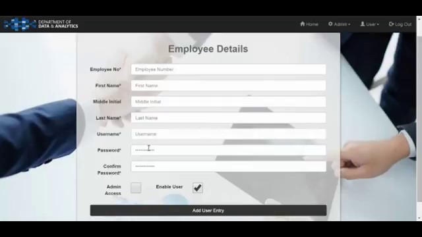And of course, the password. Password must be 8 to 12 characters in length. It must have at least one number and one uppercase letter. And of course, the role. So you have